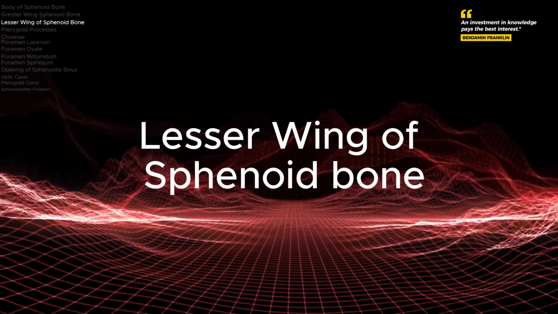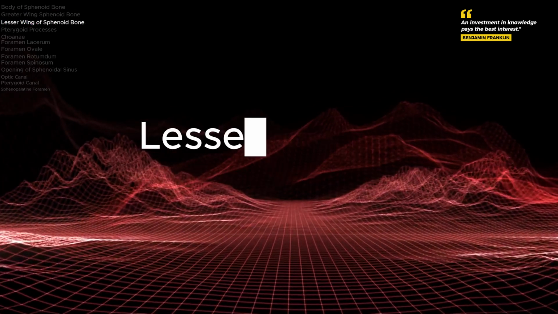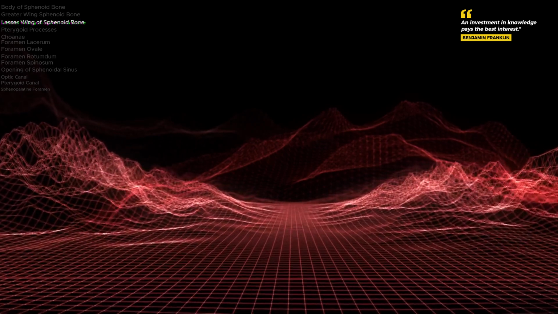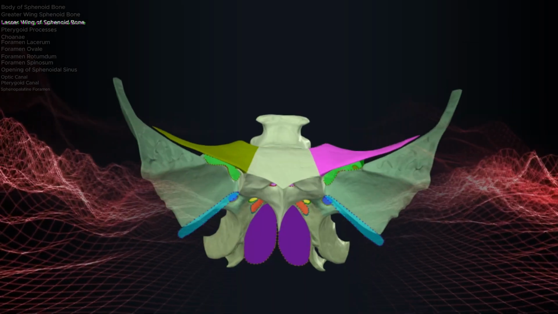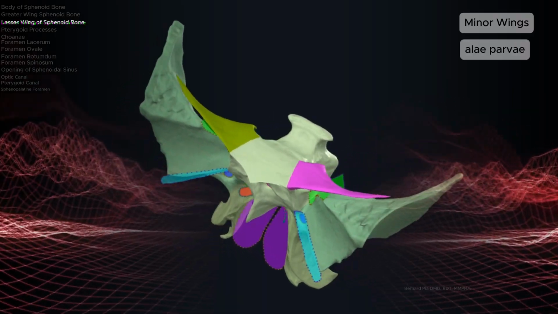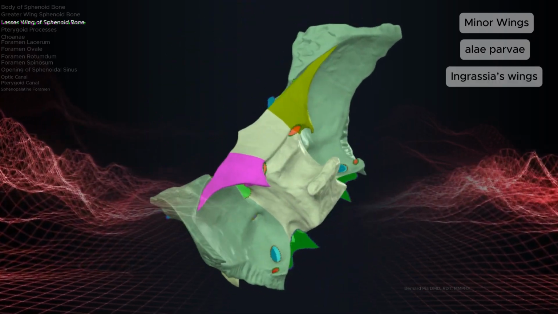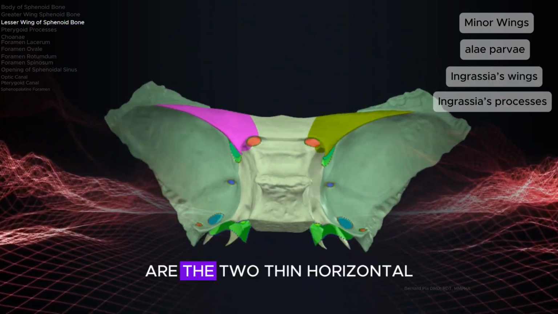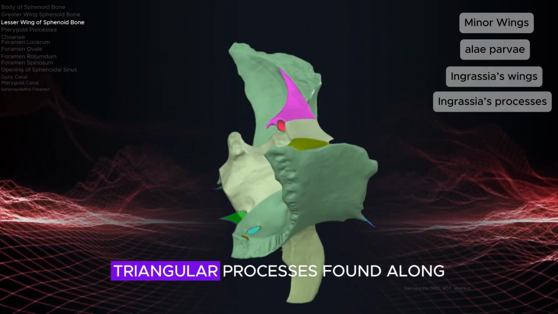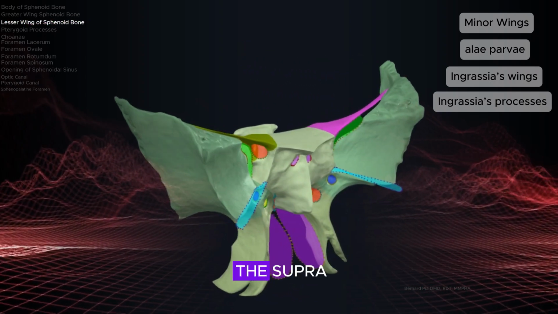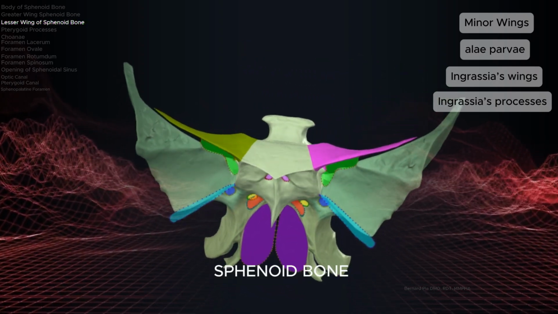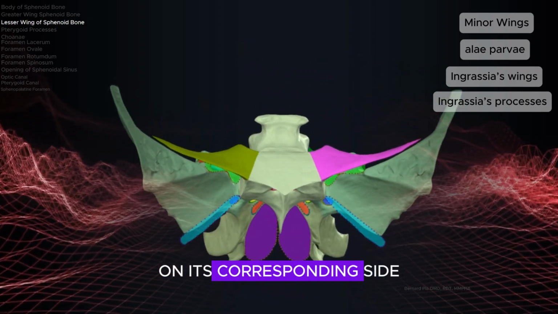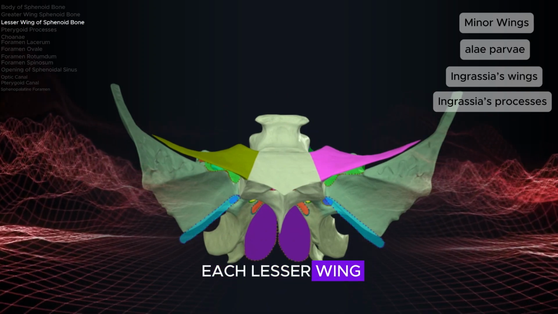Lesser wing of sphenoid bone. The lesser wings, also called the minor wings, alae parvae, Ingrassia's wings, or Ingrassia's processes, are the two thin horizontal, triangular processes found along the supralateral aspects of the sphenoid bone. On its corresponding side, each lesser wing